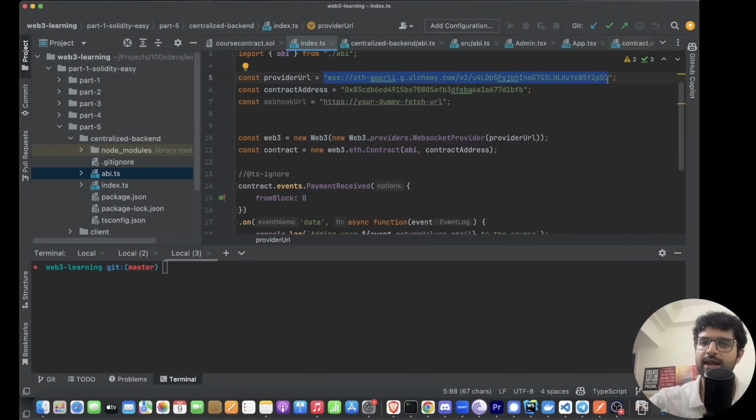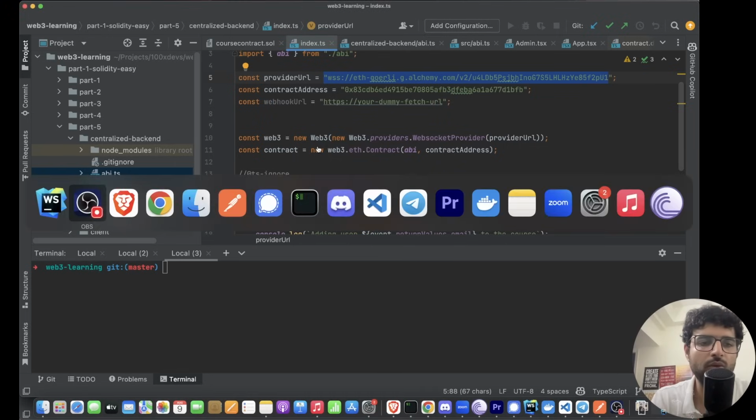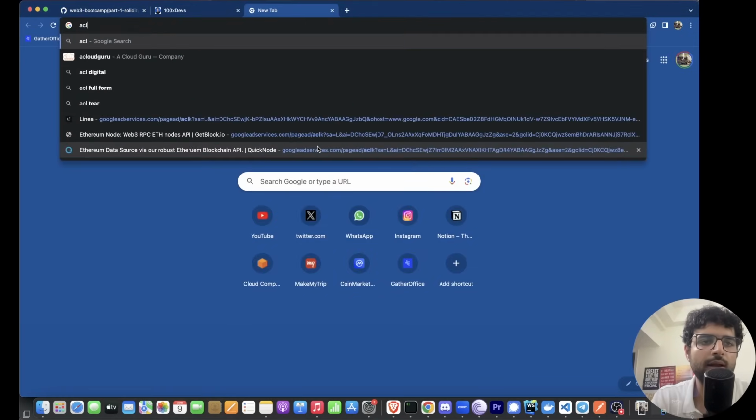You can simply sign up on Alchemy and ask for an Ethereum RPC URL and it will give it to you. So if I go quickly show you my Alchemy dashboard,